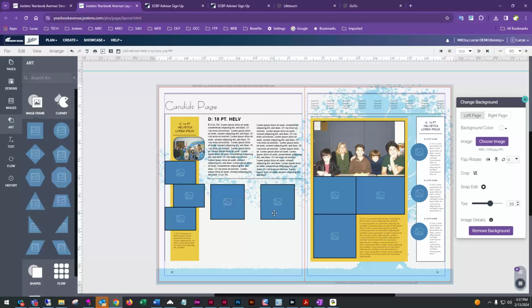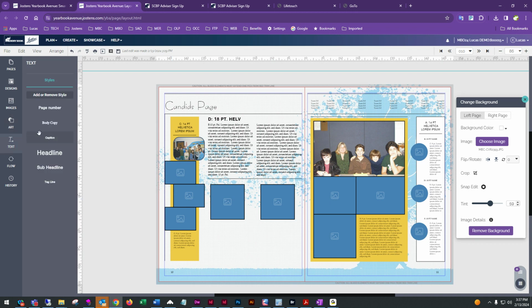And there we go. So now I want to add a couple caption boxes that would go under here. If I go to text, the text tab is here. You're going to see things like body copy, caption, headline, subline, subheadline, tagline. So what are these? These are what we call styles. Now a style is basically a pre-styled text box, meaning from body copy down,